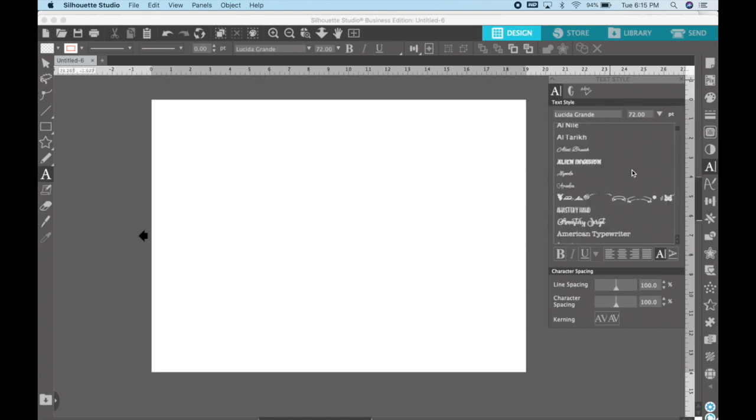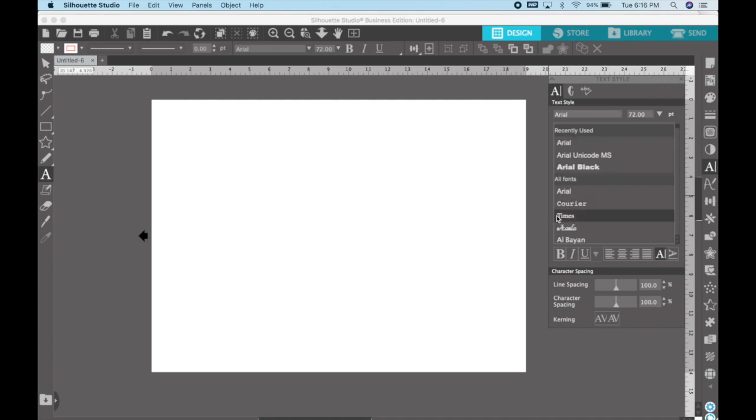And I'm going to pick a font that most people have on their computers automatically installed, and it's Arial. Now, Arial is a sans serif font. Serifs are the little things that hang down or are ornaments on the end of letters. So, for instance, Times is a serif font and Arial is a sans serif font. Doesn't have the little things that hang down on the T and the little cross at the bottom of the